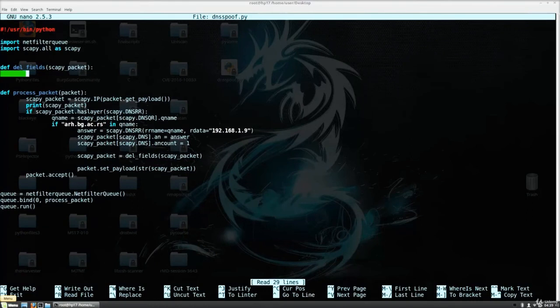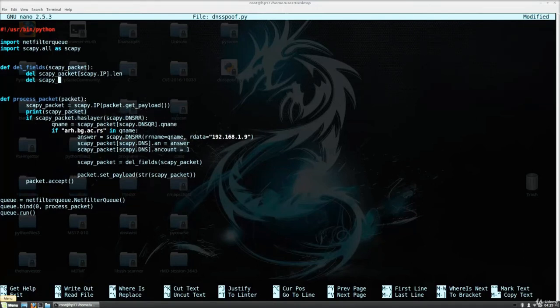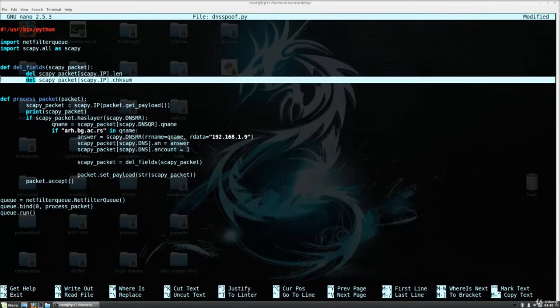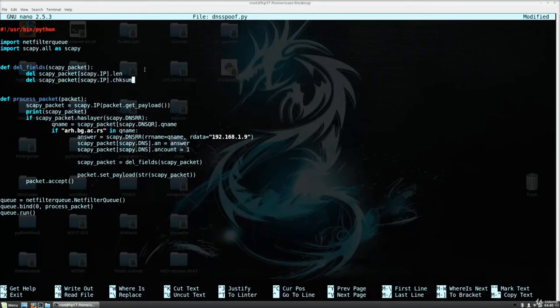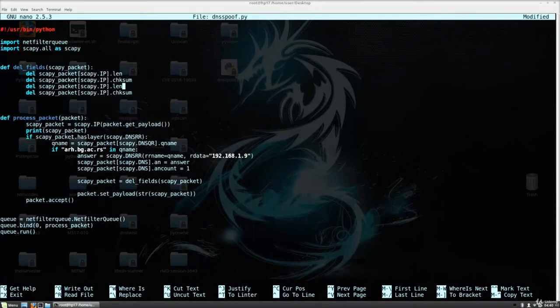In del_fields, what we need to do is actually delete and specify what we want to delete. What we want to delete is skp_packet. First of all, from the IP header, we want to delete the .len field. Also, we want to delete from the skp_packet IP header the checksum, which we specify like this, chksum. Now, first of all, copy these two lines right here, since we don't want to write them once again, and paste them right here. All we have to change is this IP header to be UDP, and in the fourth line also to be UDP. So we deleted all the unnecessary fields, and right now we can actually try to run the program,